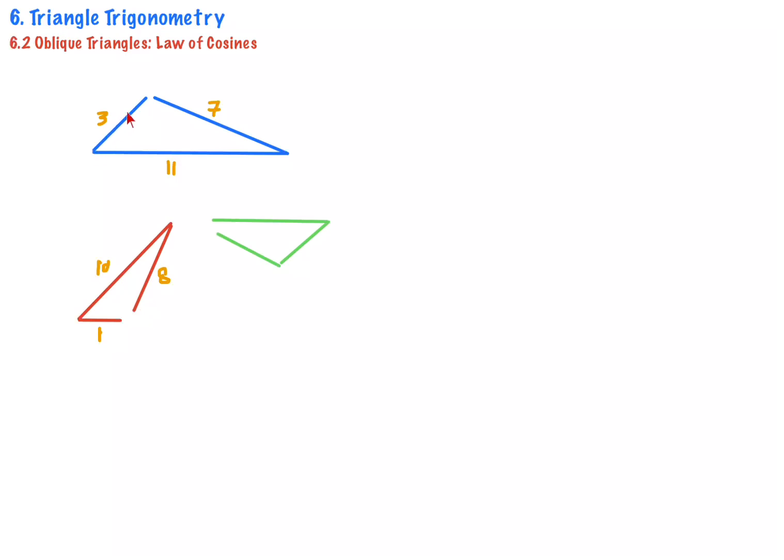And some triangles do not even exist, such as this one. If you have configurations of 3, 7, and 11, this cannot construct a triangle even though you already have the sides, and you will never find any angle on this triangle. If the base is 11 and then this is 3 and 7, can you imagine, 3 added with 7 is 10, but the base itself is 11, so it will never meet at the other vertex. Okay, same with this one, 10, 8, and 1. And let's say that these are A,